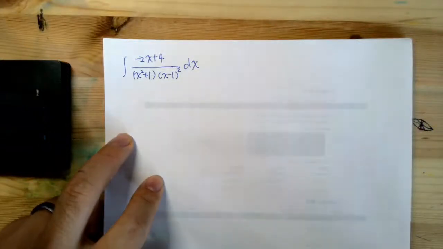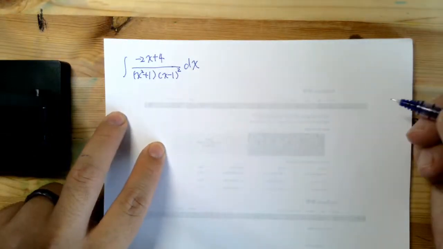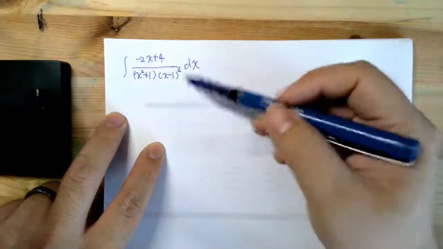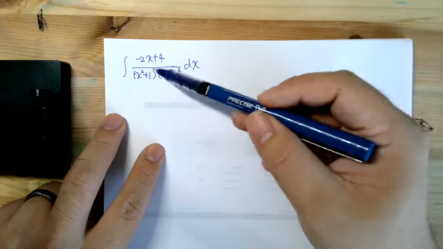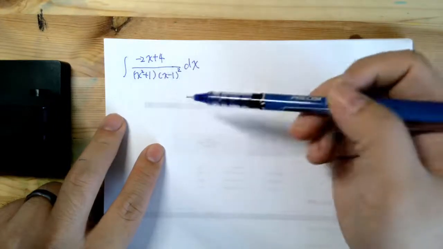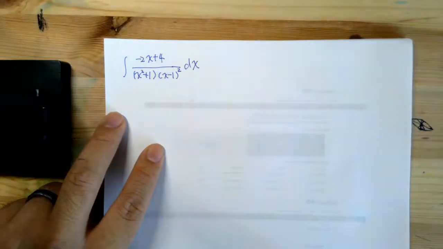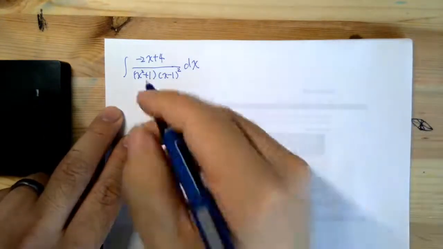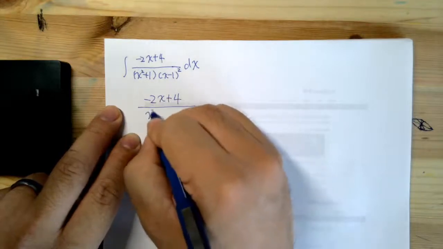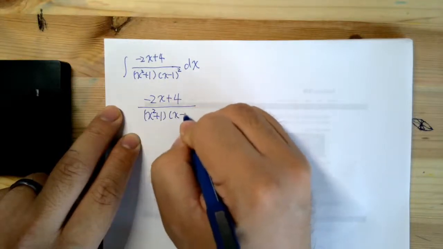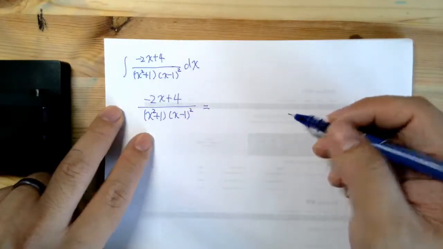So now let's take a look at this partial fraction decomposition example here. The meaning of the partial fraction decomposition is trying to rewrite this big rational expression into a sum of partial fractions. Okay, and so negative 2x plus 4 over x squared plus 1 times x minus 1 squared. This can be rewritten into